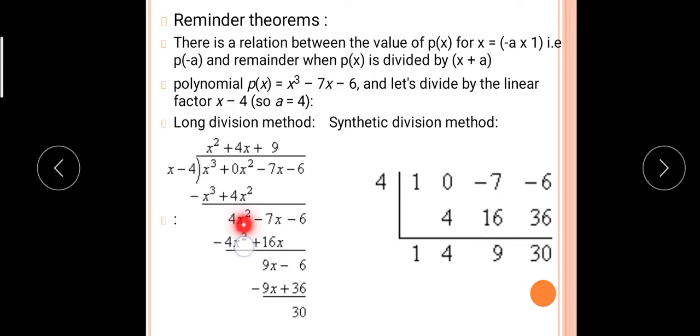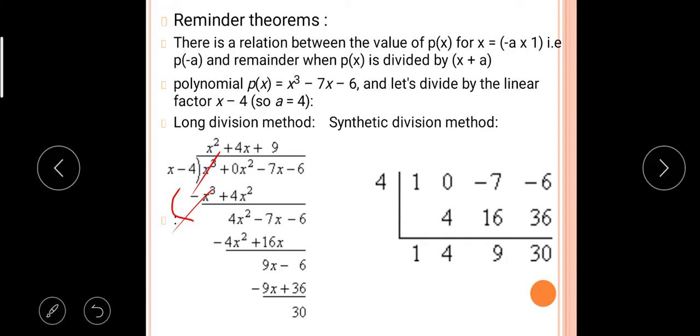Now how to divide it? All of you know very well. After division, firstly what we want is x cube, therefore multiply the divisor by x square. Now we have to multiply with x and also with 4. So after multiplication you will get x cube minus 4x square. This x cube plus and minus will cancel out. After cancelling, now subtract, so what will you get? 4x square minus 7x minus 6, because already it is minus and this minus becomes a plus 4x square.